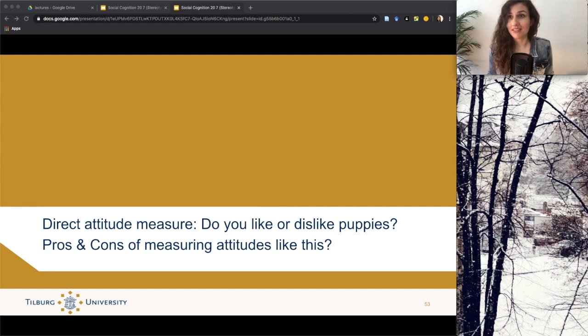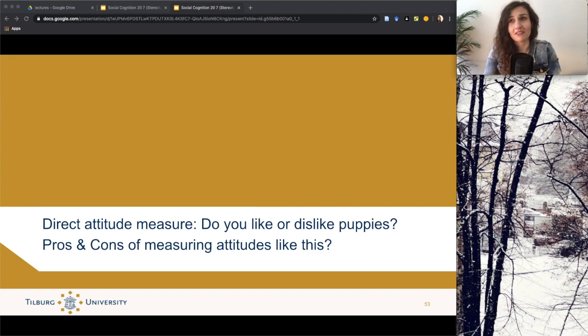Okay, so let's discuss. I think the biggest factor speaking in favor of measuring attitude like this is that it's quite clear what you're measuring, right? You ask a very simple, direct question, and participants will give an answer to that question. But the biggest worry is that social desirability plays a role, that participants feel like they can't tell you the truth, or they might not feel motivated enough to tell you the truth, because why should they? It's none of your business what their attitude to dogs is.